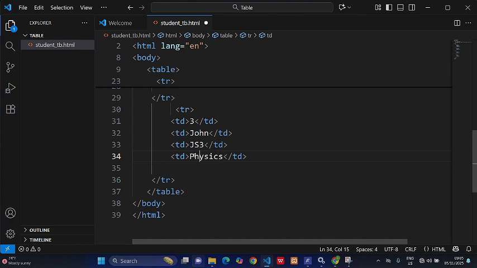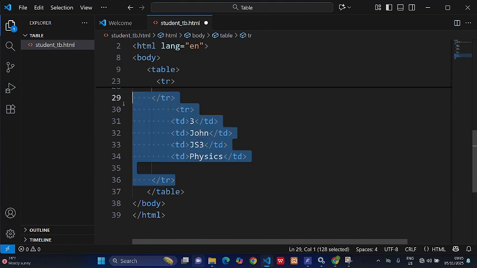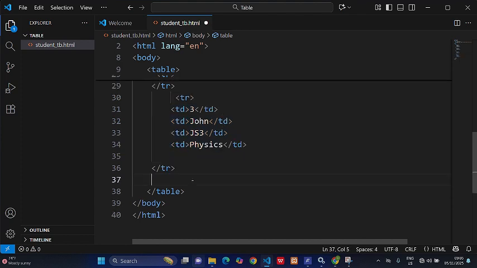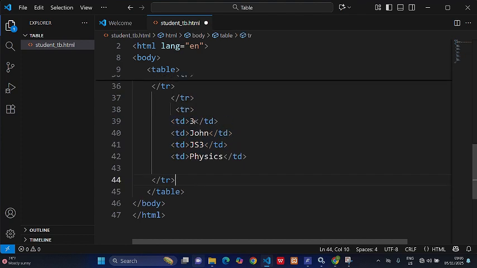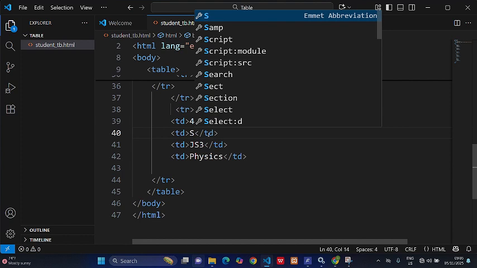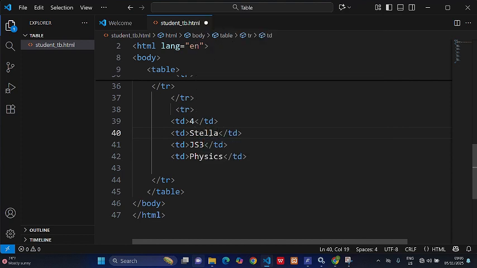Physics like this. So then we come again, copy this one again. If we want our table to continue, we copy this one again and paste it. Then we change this one here to 4, because now that's the number. We change this one here to Stella. You say SS1. Then this one here, what should we call it? Should we call it chemistry